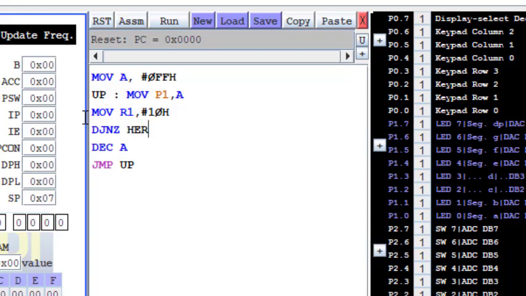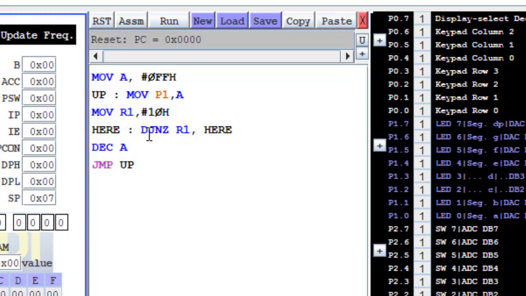So I have to give a small delay, so I'll give this label here: DJNZ R1, comma, here. I'm using the label here, which of course will come at this point only.